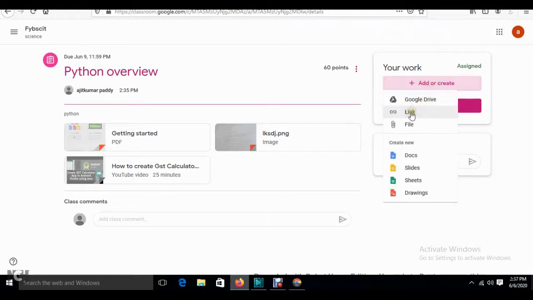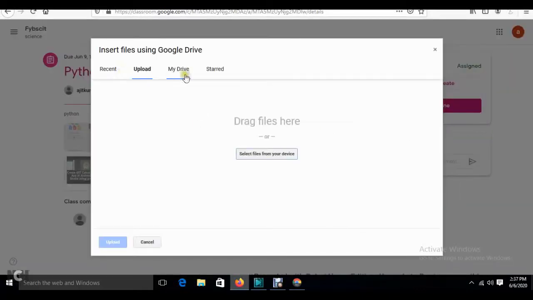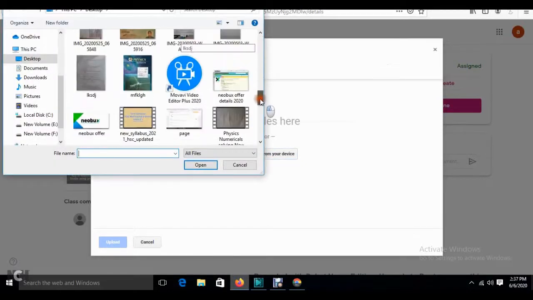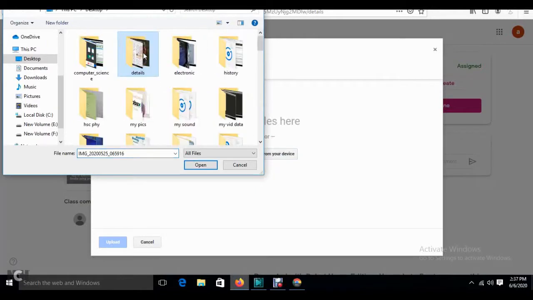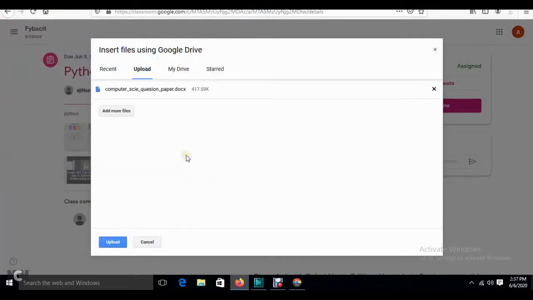In Microsoft Word, he or she can write the answer and save it in a local drive, and then again click over here in the file section. If he has completed my assignment, he could give it like a document file, and it will upload. This is the student part.